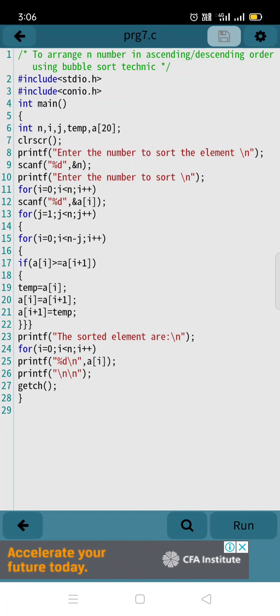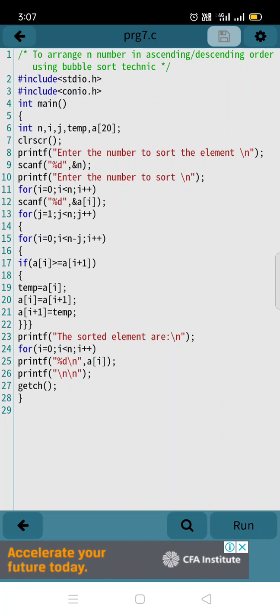That value, whatever is stored in that index, is transferred to the temporary variable, and a of i becomes 0, meaning nothing is there in that a of i index. No value is there, and whatever value a of i plus 1 has is transferred to a of i. Like that swapping is done in these statements.